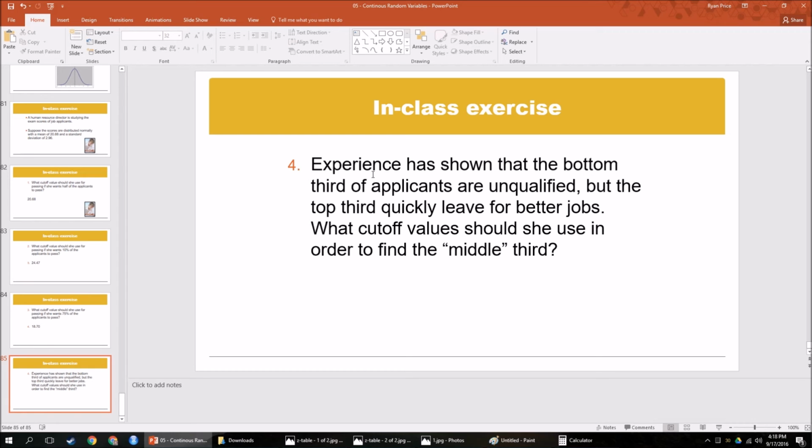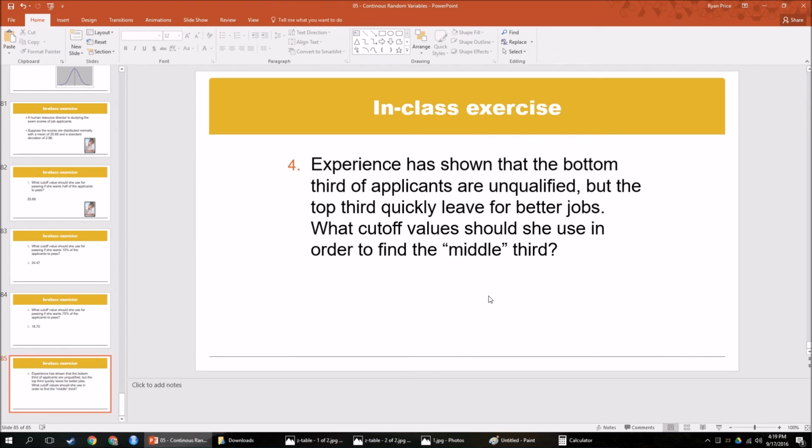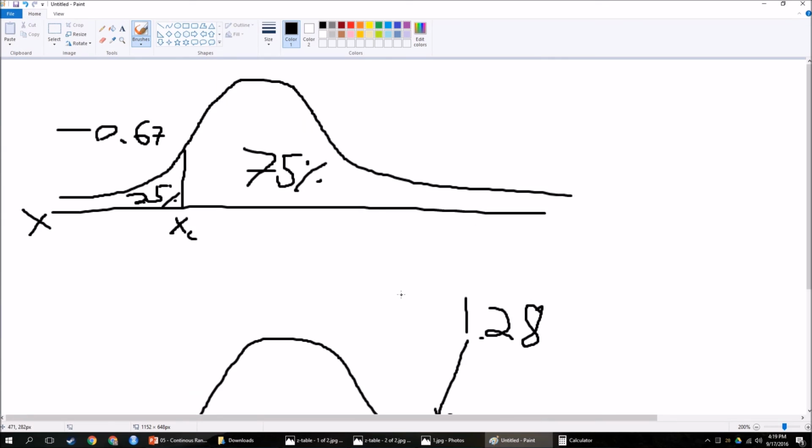But the ones that score in the top third end up being too good for our job, and they go out and find other jobs somewhere else where they can maybe get paid more or get better benefits or whatever, right? So, knowing that, we don't want the people who score too low, and the people who score too high, we're going to waste time and training money on before they decide to leave us anyway. What cutoff values of the exam scores should we use in order to find that middle third that we're interested in? Right? So, basically,